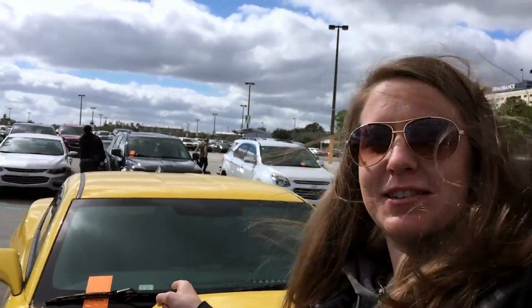I'm filming from the parking lot because we finally got to do preferred parking today. If you are, I think, Gold Pass member and above, you get preferred parking if it's available, included with your annual pass. The main purpose of today is to do the Inside Look event, which is basically 6 different